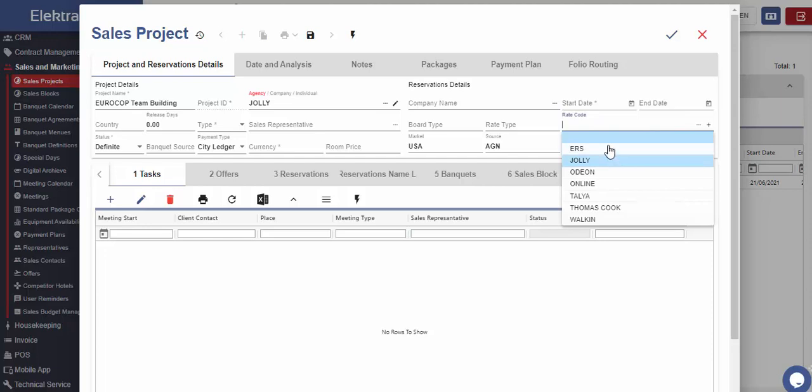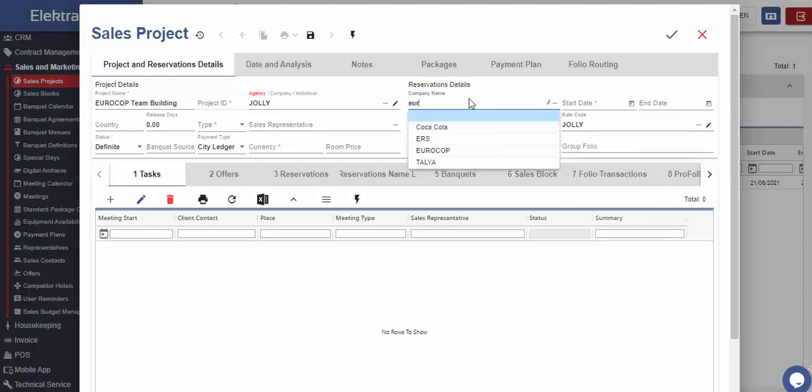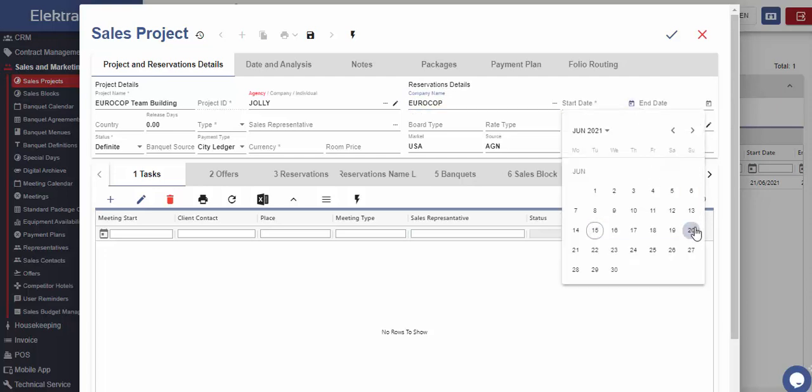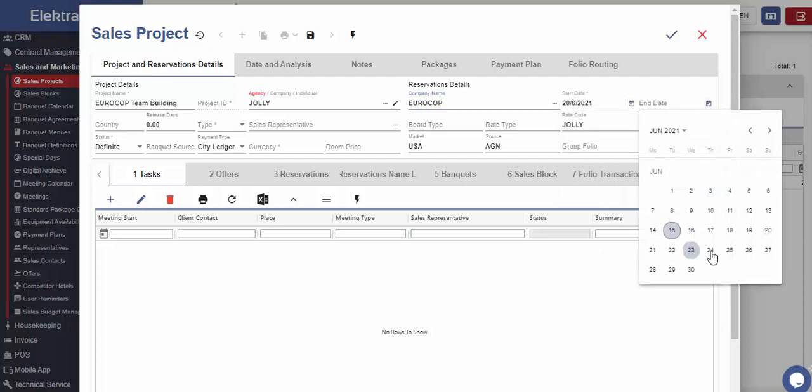and a completely separate rate code can be entered for this group. Next, we can enter the company name or the company that is organizing the event. For example, this company will organize a certain event, and for intermediary services, they made an agreement with the agency. We will issue the invoice to the agency, but the guests that are staying in-house are with this company. The reason we enter the company name is for better analysis and to see how many people from this company stayed in our property.